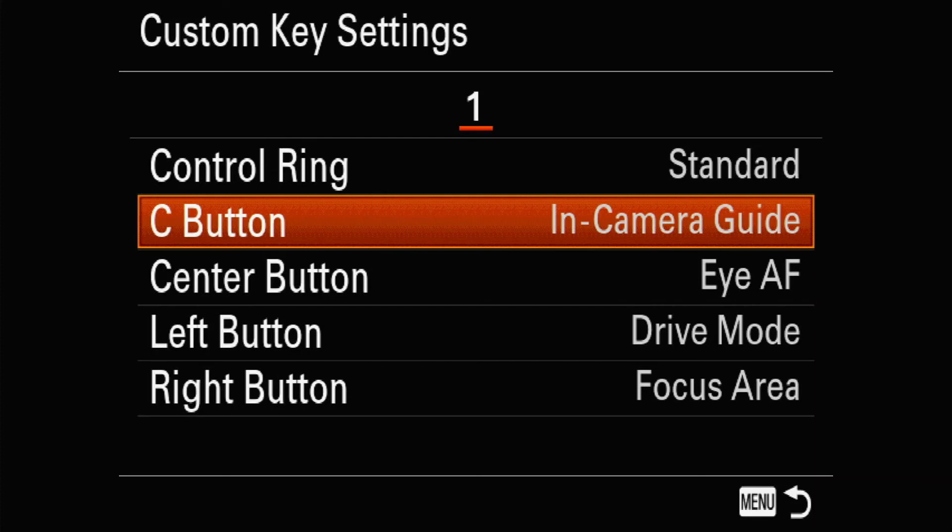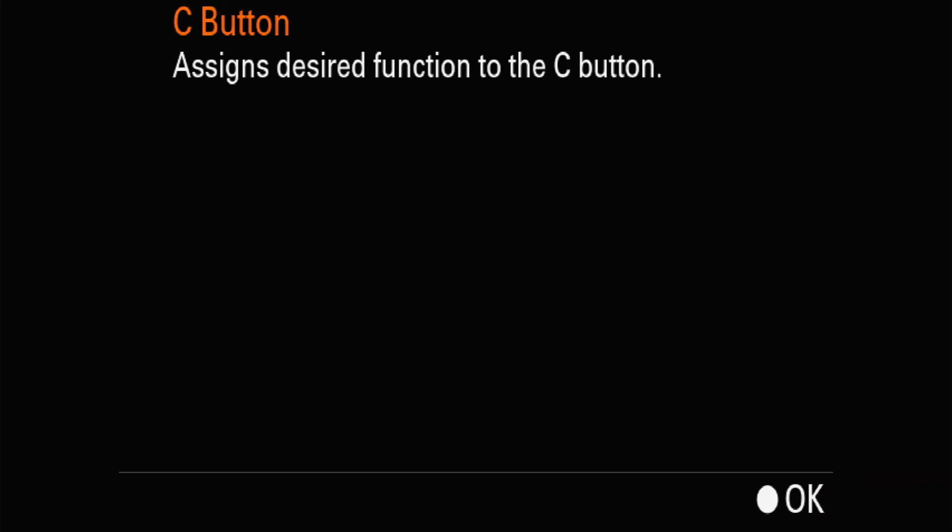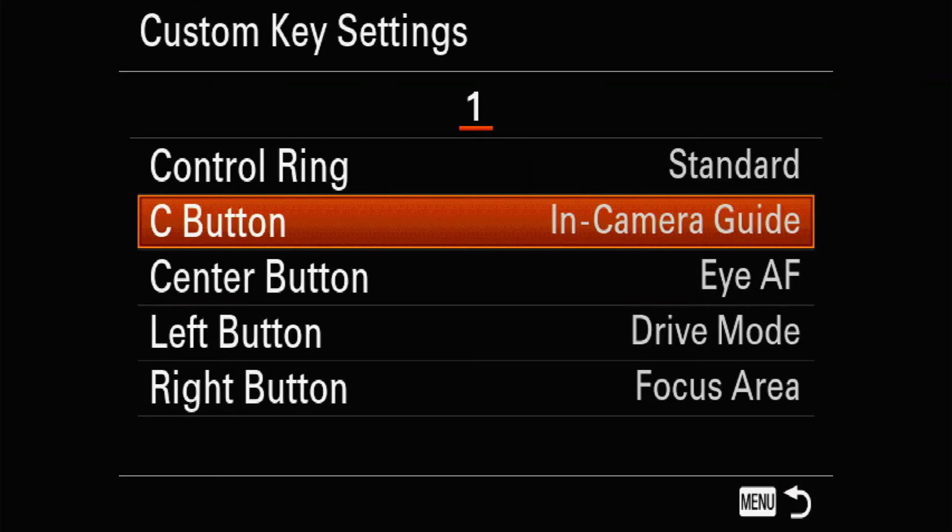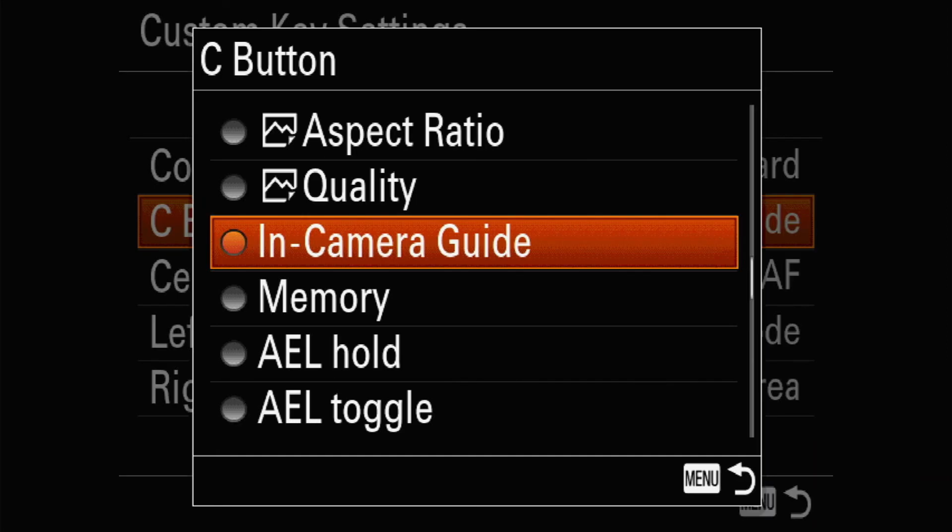If I press the C button, you can see that it assigns the desired function to the custom C button, and if you see the list here, you can see many options available. I've set it to in-camera guide. Suppose I'm not able to understand any function, this guide helps me understand what that particular function is.